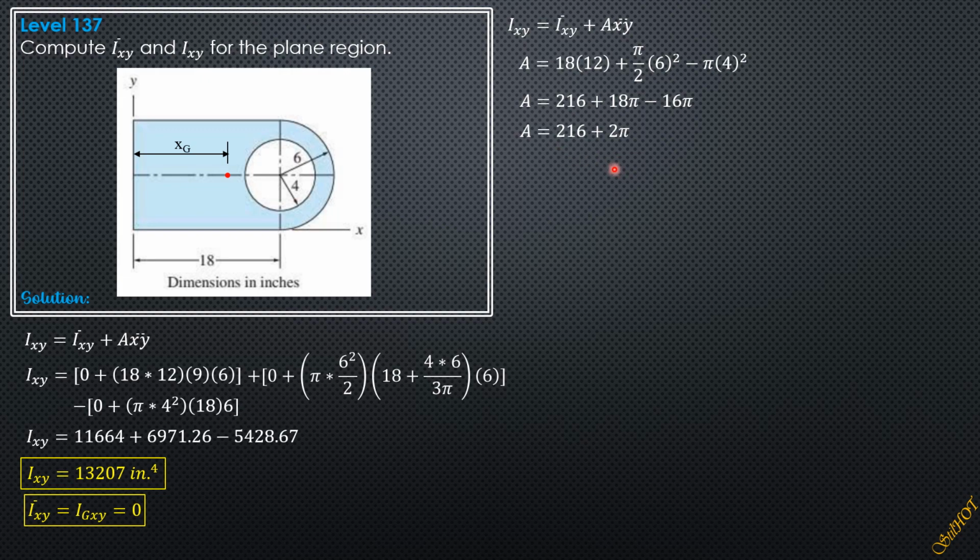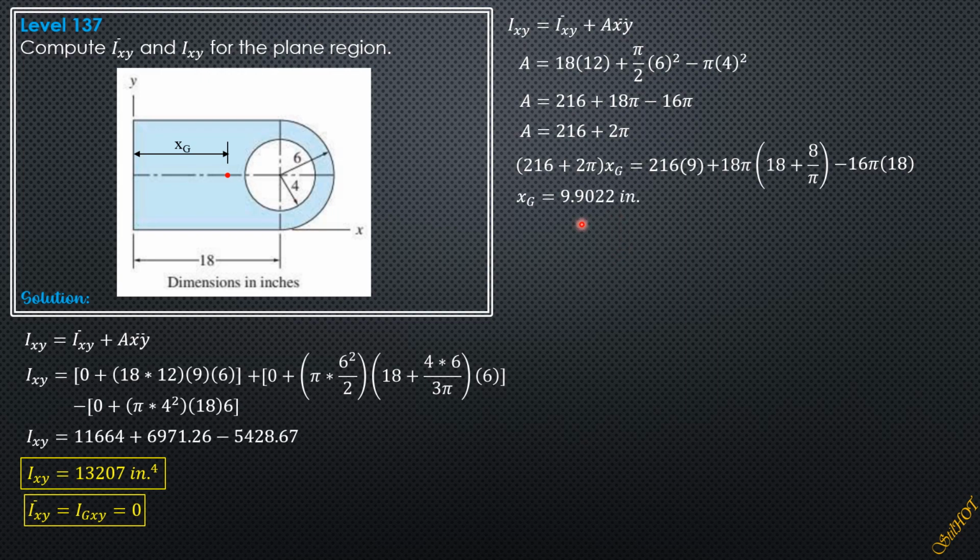Then by Varignon's theorem, the quantity 216 plus 2 pi times xg equals 216 times 9 for the rectangle, area 216, then x bar 9 for the semicircle, plus 18 pi times the quantity 18 plus 4r over 3 pi, 4 times 6 over 3 pi, or this is 8 over pi, plus 18 pi times 18 plus 8 over pi, then minus semicircle 16 pi, then times 18. So solving for xg is